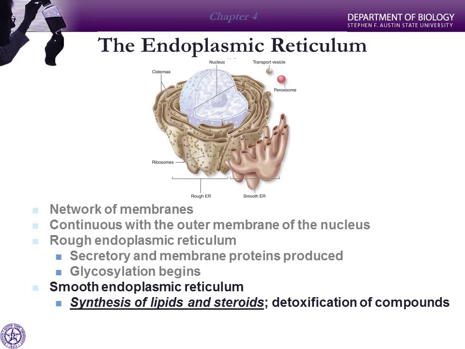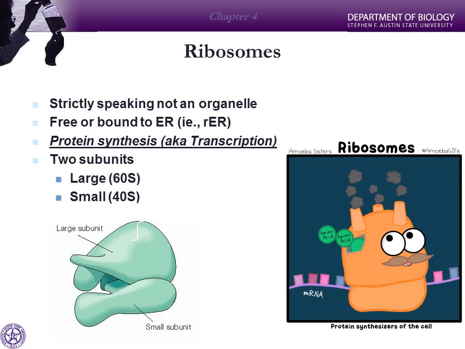So we already mentioned RER, the rough part. What makes the ER rough? Our ribosomes. Now, our ribosomes, understand, they can be free-floating in the cytoplasm. If there is a cytoplasmic protein that has to be made, that's not going to be secreted, it's not going to be membrane-bound, that just happens on a ribosome just floating in the cytoplasm. The ribosome bound to the ER is going to produce a protein that's secreted or transmembrane.